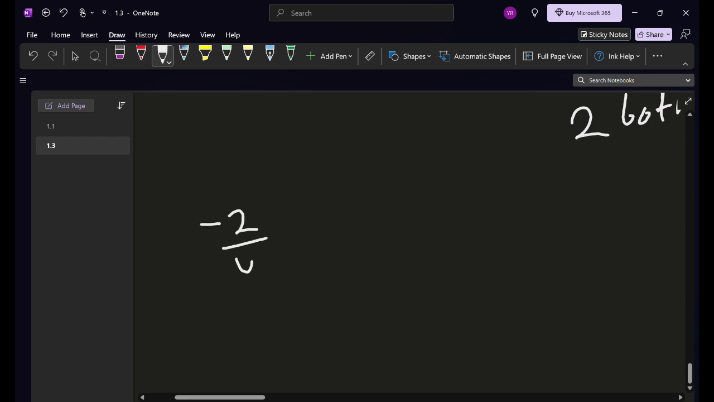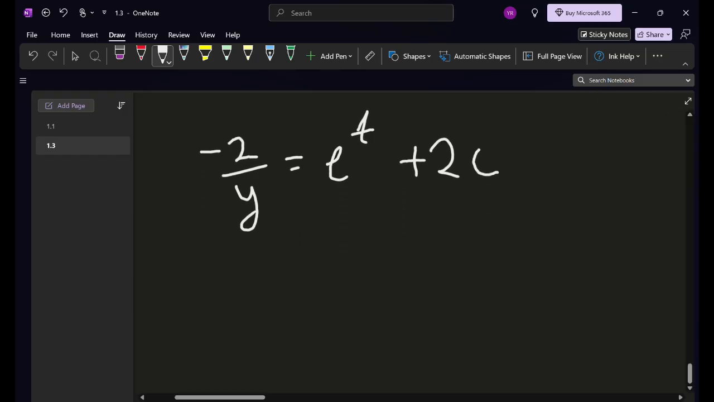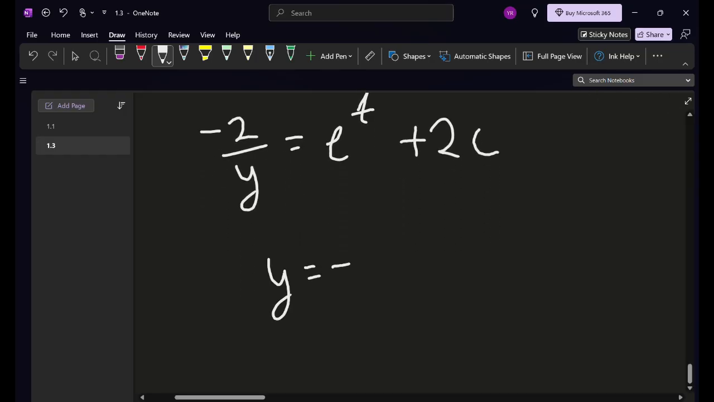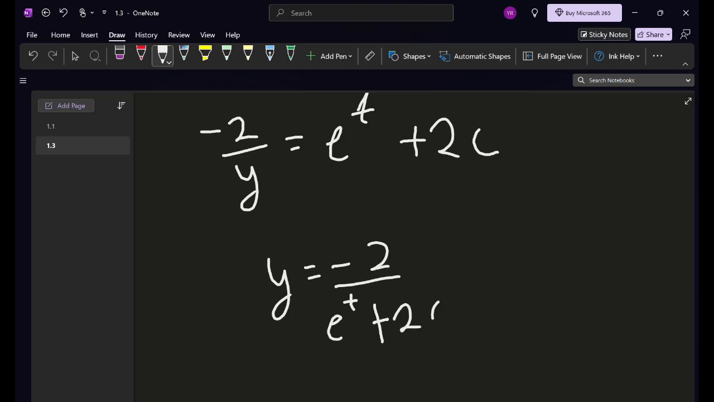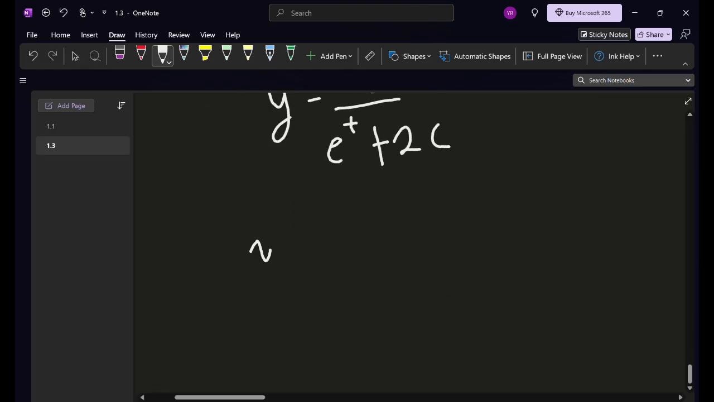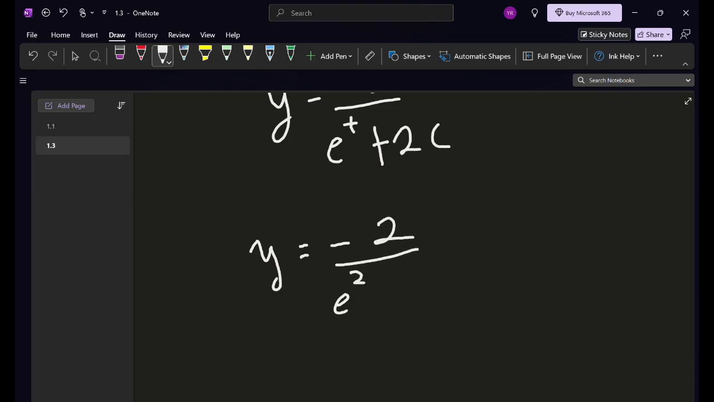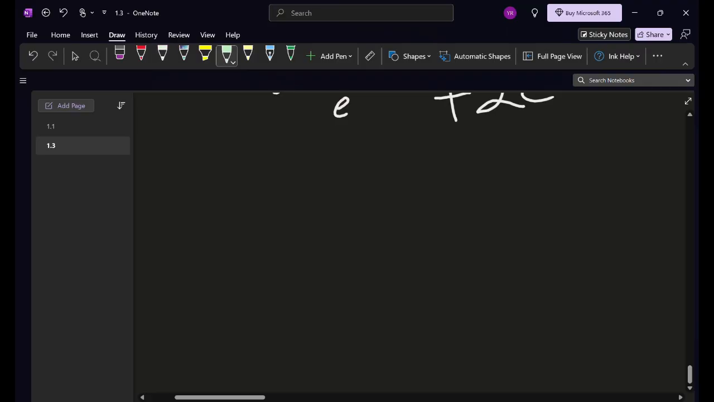So this can be written as now minus 2 by y is equal to e to the power t, because the 2 cancelled out, plus 2c. So y is going to be equal to minus 2 over e to the power t plus 2c, and then y can be written as minus of 2 over e to the power 2x minus 1 plus 2c. We're just going to put in the values over here. Okay, now to verify whether our answer is correct or not,